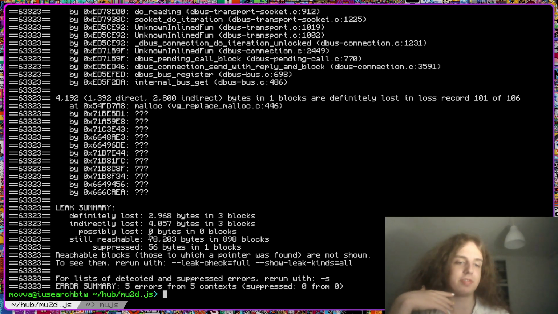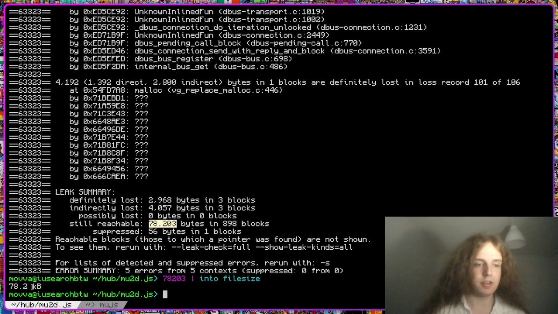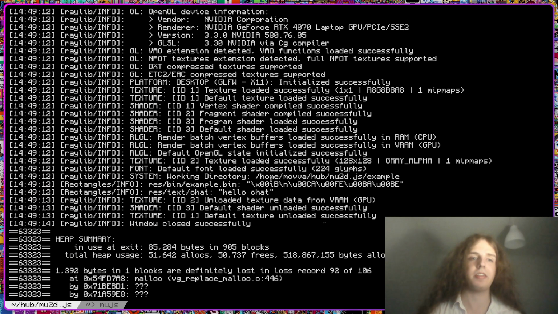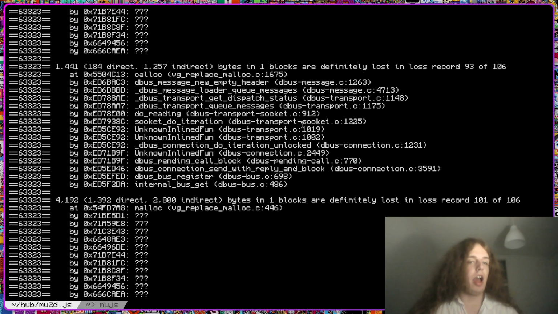You have this amount of bytes still available, you could say, but that's just a bunch of kilobytes inside of Raylib. I don't think they contain anything dangerous, hopefully at least.